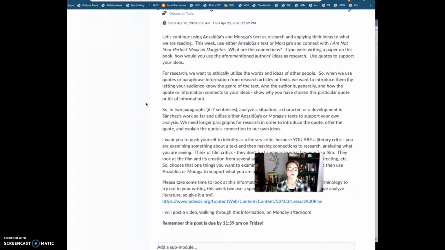So when we use quotes or paraphrase information, we want to make sure we're introducing them. You're saying, in Anzaldúa's text, she notes such and such, and then you offer an explanation. Don't just drop quotes into a paragraph and not explain them and not give any indication as to why they're important, okay? So in two paragraphs of 6 to 7 sentences each, I want you to pick a situation, a